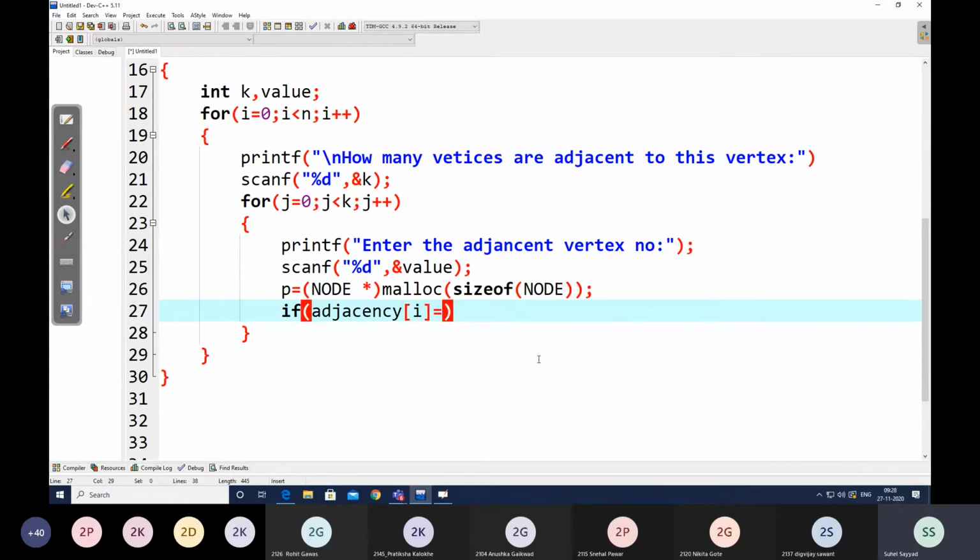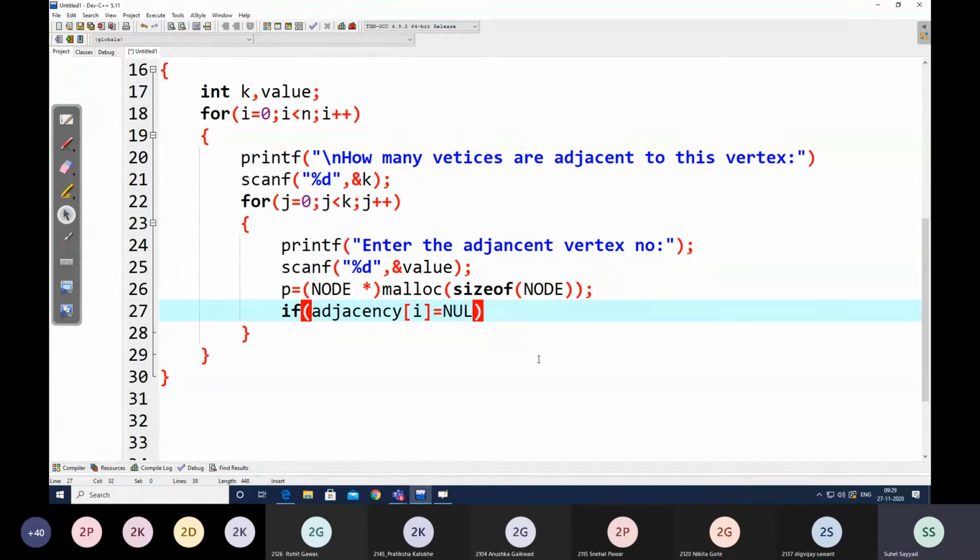When I'm dealing with my first linked list, adjacency of I will be adjacency of 0. For the second linked list it will be adjacency of 1, for the third adjacency of 2, and for the last linked list adjacency of 3, right?